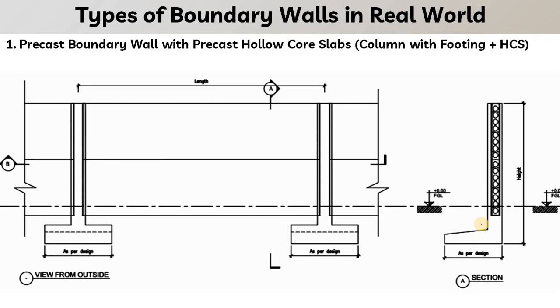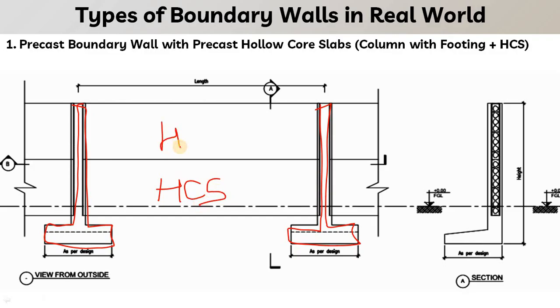Now let us move to the actual area where we are seeing the different types of boundary wall in the real world, or we can say in the reality. So here you can see the real picture, that is type 1, that I have bifurcated. Type 1 is precast boundary wall with precast hollow core slab. So basically the concept remains the same. Here you can see we have the column with footing as a single unit on both sides. We have the column with footing as a single unit, and we have hollow core